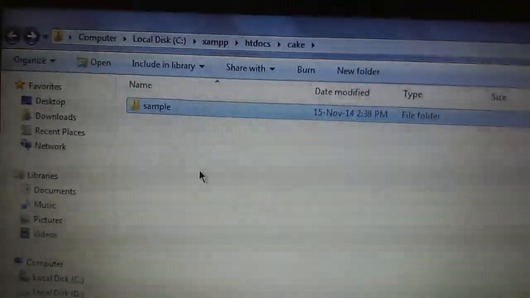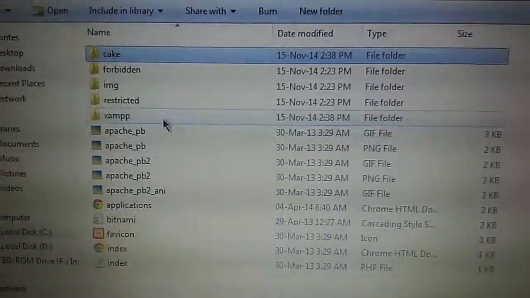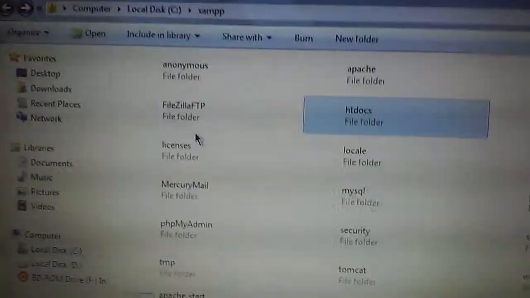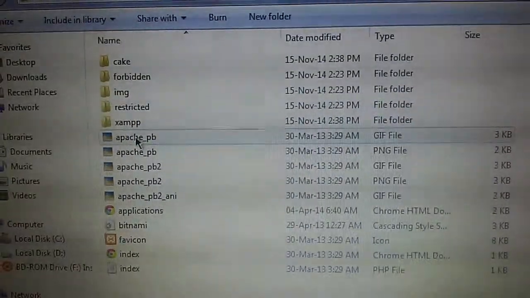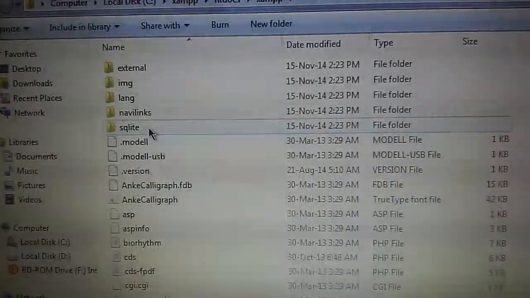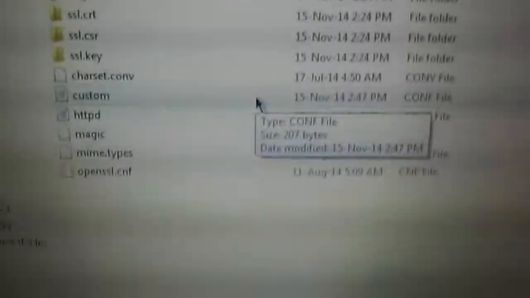I have already created a custom.configuration file in my local C drive, in htdocs, where I have gone to XAMPP. I have created the custom.configuration file in the Apache configurations, and I have placed all the instructions.